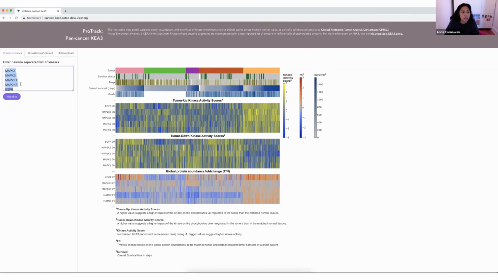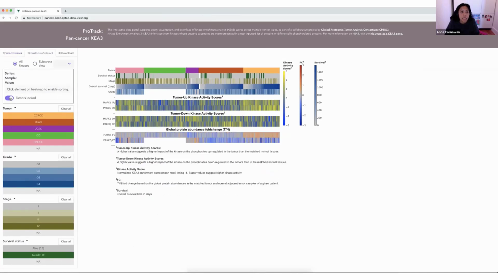Okay, so let's take a look at the dark kinase that I was talking about earlier, which is a lot of letters that I can't fully remember. Okay, cool. And I did want to show that if you have typos or some made up kinase that's not available in the database, it will let you know. And let's also look at a really well-studied kinase, MAPK1. And we just click visualize, and that takes us to this customize and interact tab, which has most of our